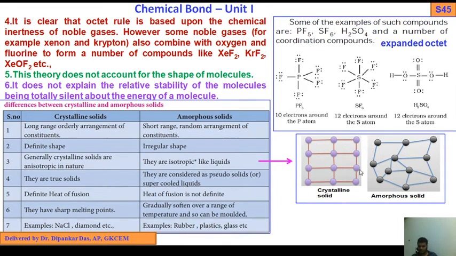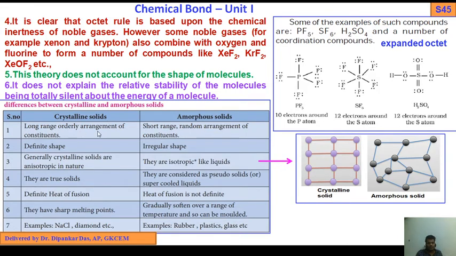So there is an order, there is a very fine order. So atoms, molecules, ions are arranged orderly in three-dimensional space. But here atoms, molecules, ions are not arranged properly or orderly. So that is the amorphous solids. Next slide we will see the picture of the crystalline solids and amorphous solids. So now what is the basic difference between crystalline solids and amorphous solids?